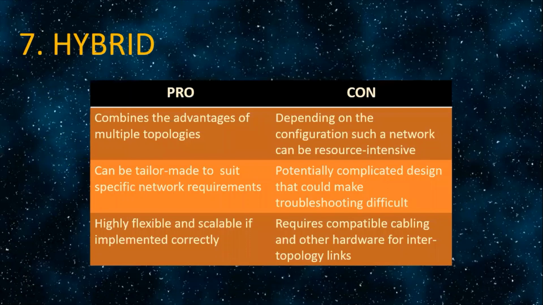The pros of having a hybrid topology are that it combines the advantages of multiple topologies, can be tailor-made to suit specific network requirements, and is highly flexible and scalable if implemented correctly. And the cons are that, depending on the configuration, such a network can be resource intensive, could have a complicated design that could make troubleshooting difficult, and requires compatible cabling and other